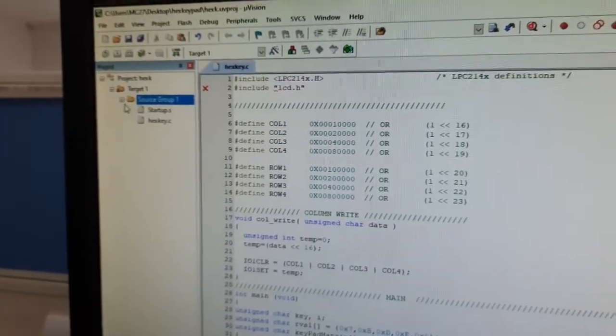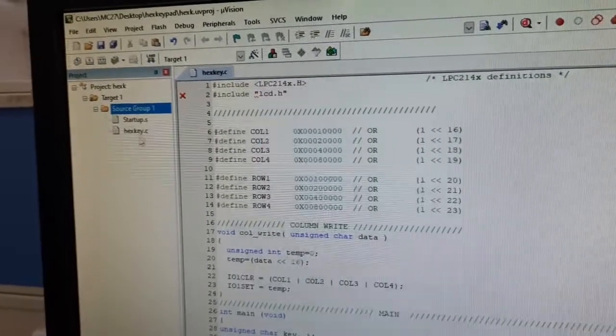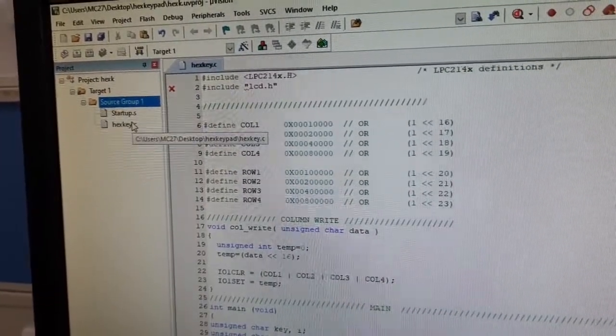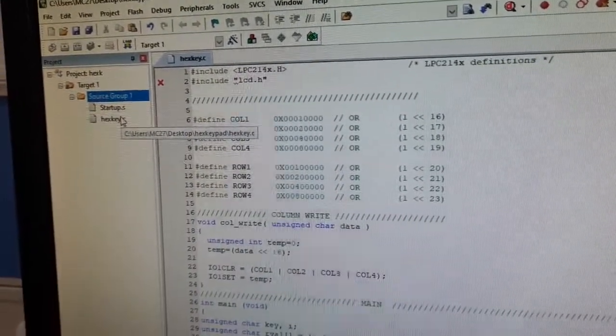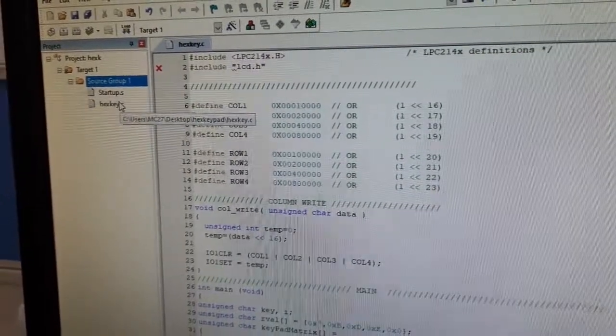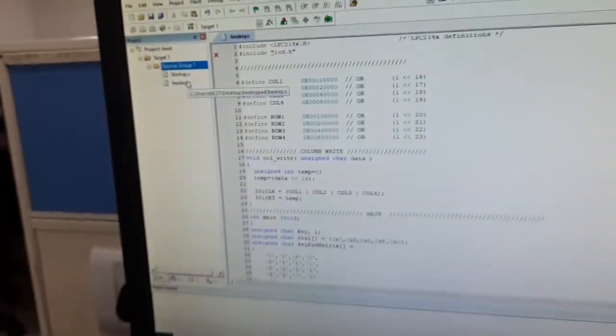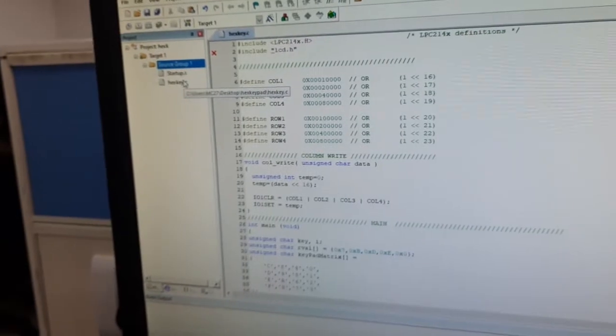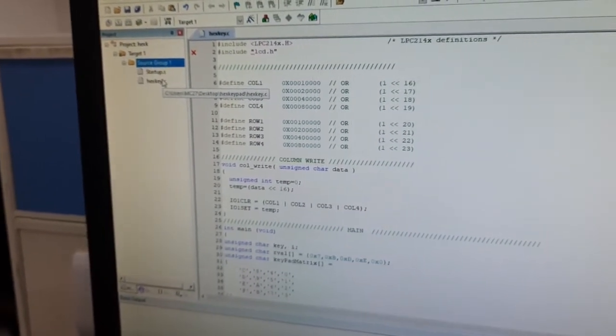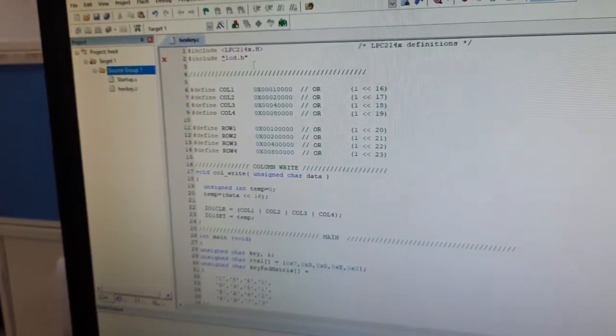Then close that. Now one thing is required, that is LCD program, because whatever key we press on the hex keypad, we can see in the LCD screen. So we need another program related to LCD. So that LCD program is here.